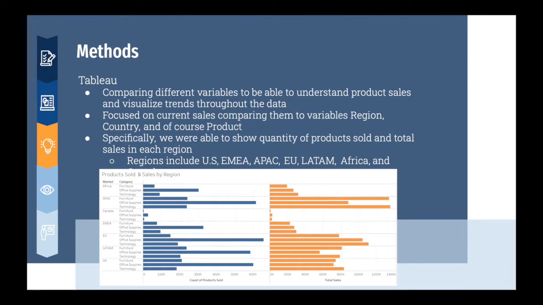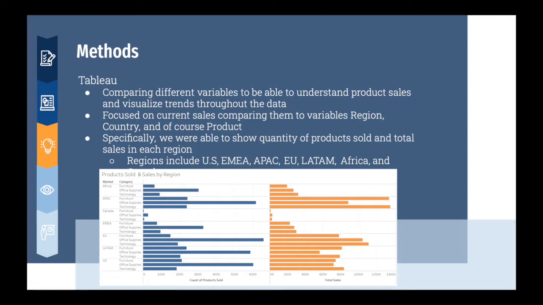Next, we will be going through the methods of our analysis. With our methods, we wanted to use a combination of descriptive, predictive, and prescriptive analysis, and we had a couple different methods we put into use. First, we used Tableau to really understand and describe our data set. We compared different variables to be able to manipulate product sales and visualize different trends in our data across categories